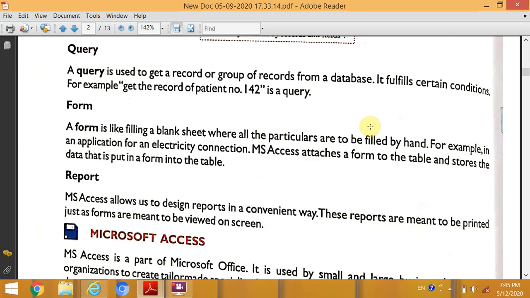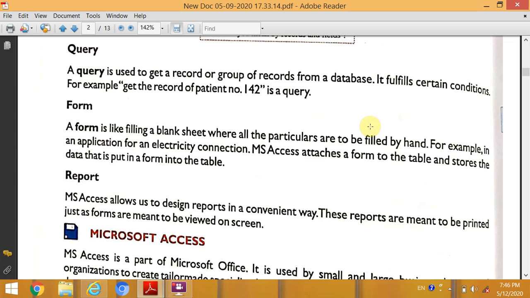Just like in an example, if I want to know the details about patient number 142. Also, in a school database, we can get information about particular students with the help of students' roll number or registration numbers.